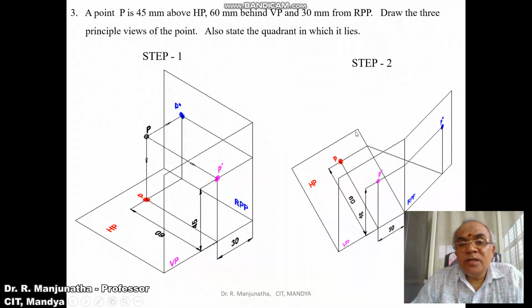That is what the intermediate position says, that the horizontal plane is rotated above the XY line. And then the right profile plane is also rotated in the clockwise direction, so that you are going to get the profile plane here. But always the profile plane is with respect to the vertical plane. The vertical plane is being fixed.